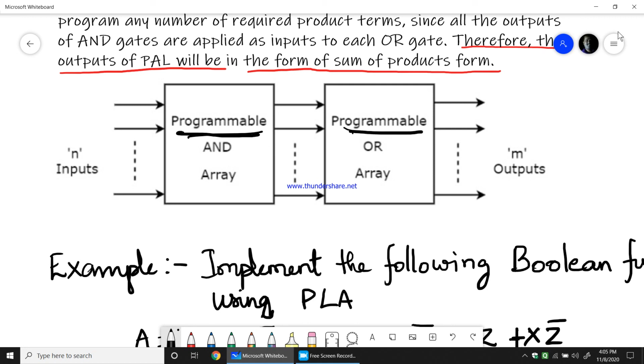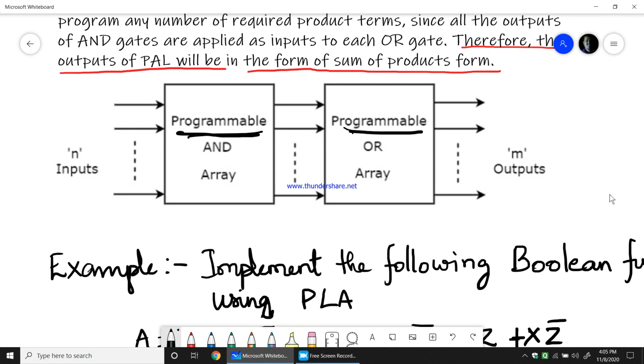So I hope the PLA, programmable logic arrays, are the devices which are normally used in digital system design. We don't use PROM or PAL, programmable array logic, because in those not both arrays are programmed. In PROM you see more AND gates are used because the AND gates are fixed. In PAL, the AND gates are programmed, but the OR gates are fixed. We need both the AND gates and the OR gates to be programmed. Therefore, that is possible in the programmable logic array, which is PLA.